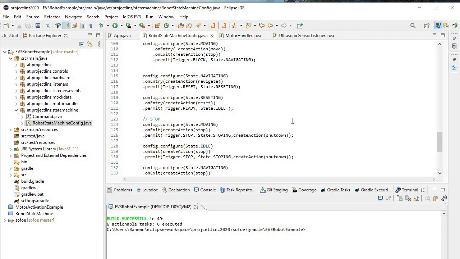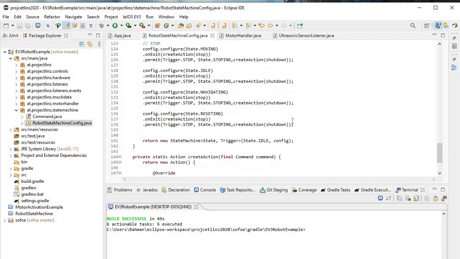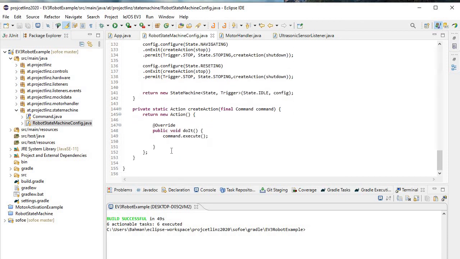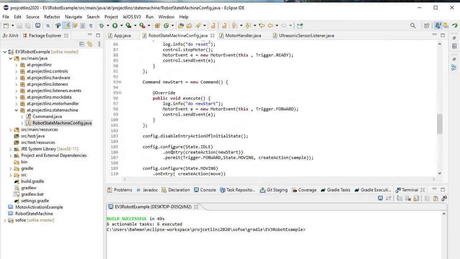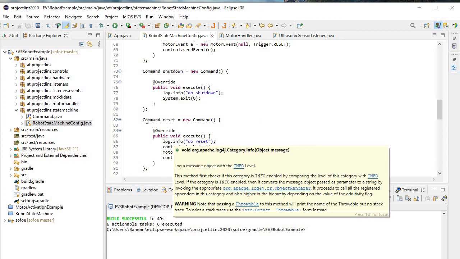It's pretty straightforward, so there shouldn't be a problem with that. Later on, we have defined our actions. The actions are basically wrapped into these commands